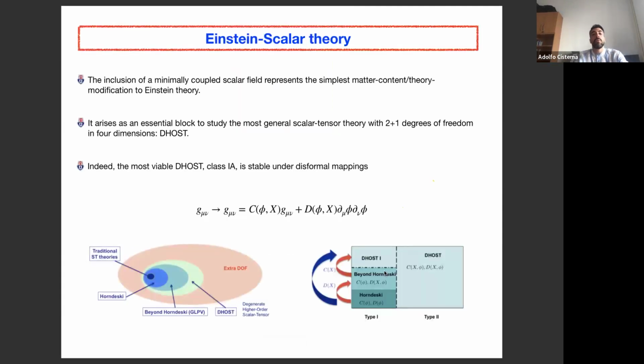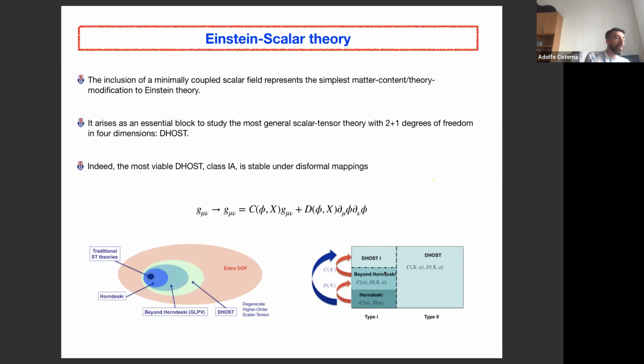Okay, so let's deal with solutions. I was telling you about this Weyl procedure for a reason, because very soon we are going to realize that there is a very similar situation going on in Einstein-scalar theory, and not with any scalar, but with the minimally coupled one. So many people might be wondering, okay, but why is this guy going to deal with the minimally coupled scalar field if we know there are no-hair theorems and so on? So most probably solutions are going to have singularities. Yes, they are going to have singularities.